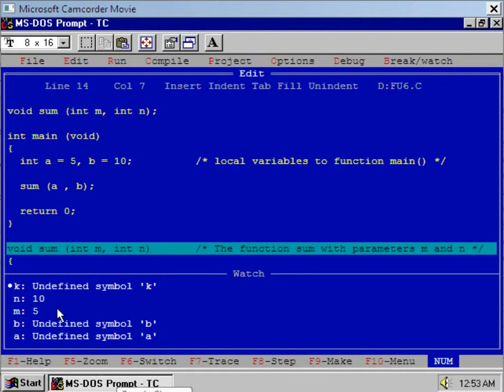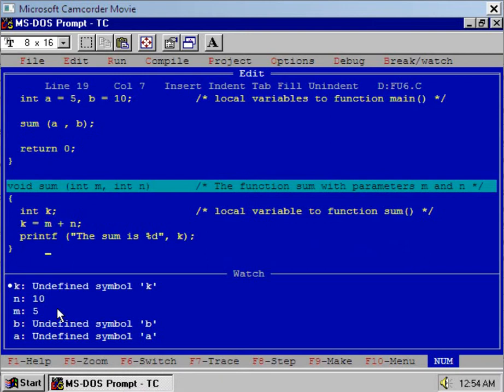Note that K is a local variable of function sum. You see, K is a local variable of function sum because it is defined inside the block of function sum. Okay, now control has not yet entered the block of function sum, hence K is undefined.